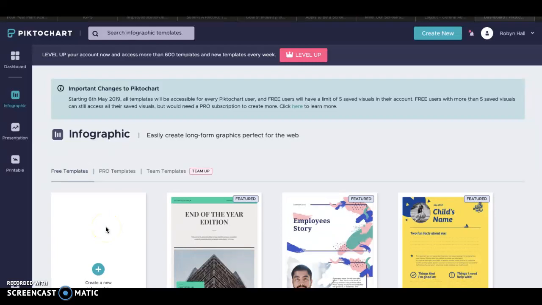Hey guys, today I'm going to show you how to create an infographic on pictochart.com. To be able to use this website, you have to create an account, but it's free, so there's really nothing to worry about with that. It's quick and simple. You just put your email in, create a password, and then you can use the website